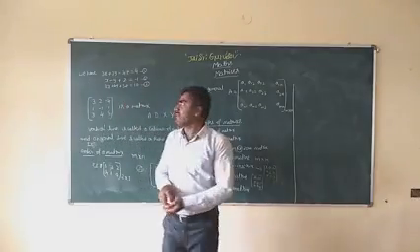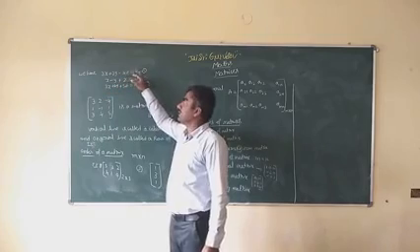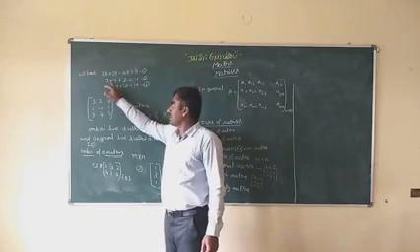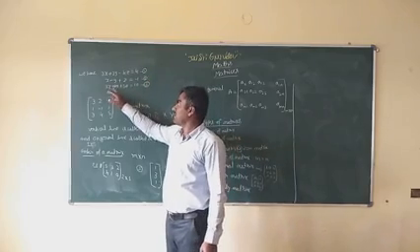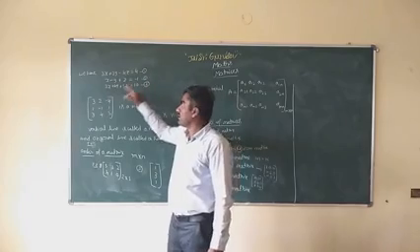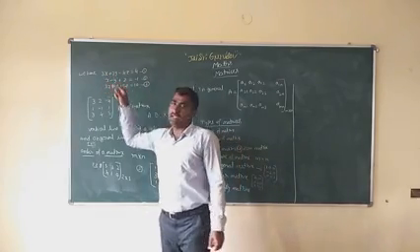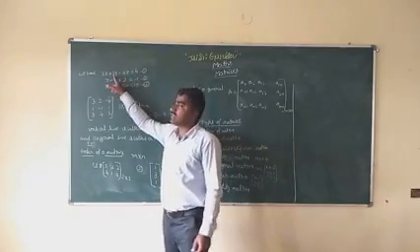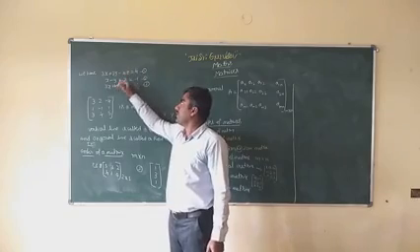A system of three linear equations: 3x plus 2y minus 4z is equal to 4, that is equation number 1. x minus y plus z is equal to minus 1, that is equation number 2. 3x plus 4y plus 5z is equal to 10, that is equation number 3. What is the coefficient of x in equation number 1? That is 3. What is the coefficient of y in equation number 1? That is 2. What is the coefficient of z in equation number 1? It is minus 4.